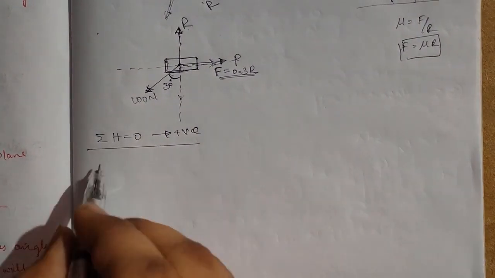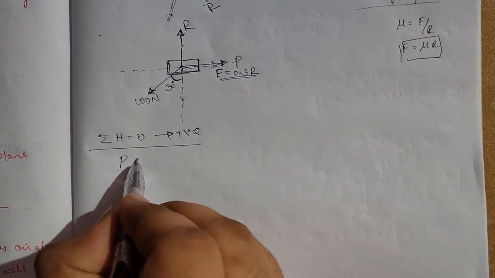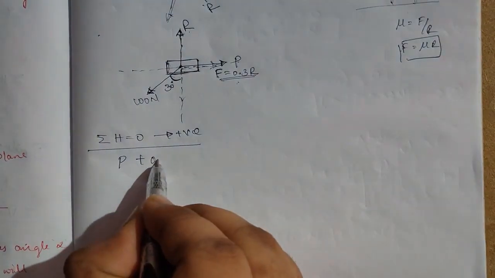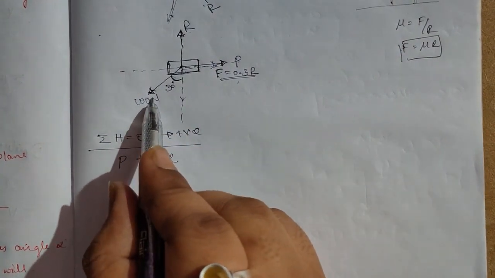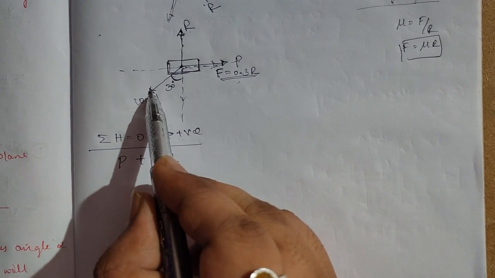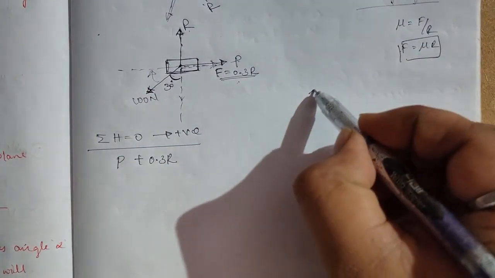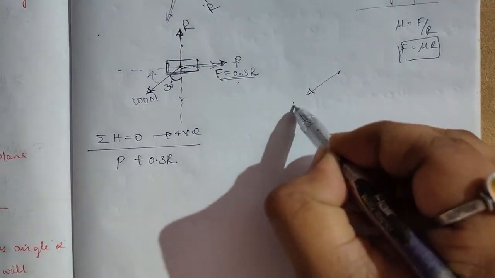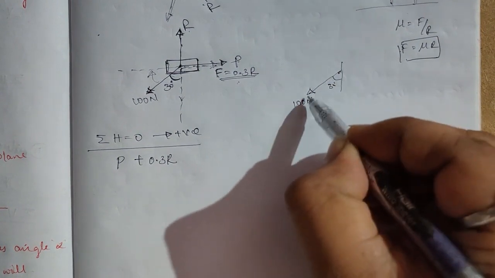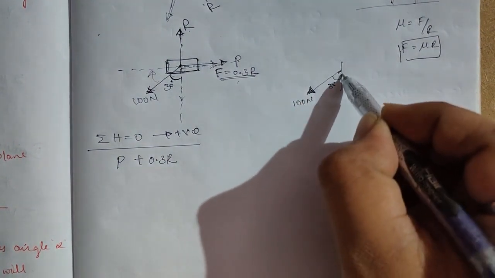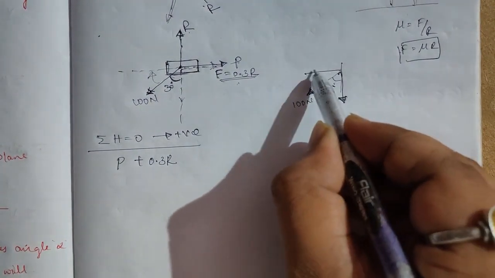So what is happening? So what are the values? P is positive, plus this F is nothing but 0.3 R, then this 100, okay, 100 is inclined. What I will do, I'll resolve it, that is this is 100 Newton with an angle of 30 degree. So how to resolve? One I'll take vertically, one I'll take